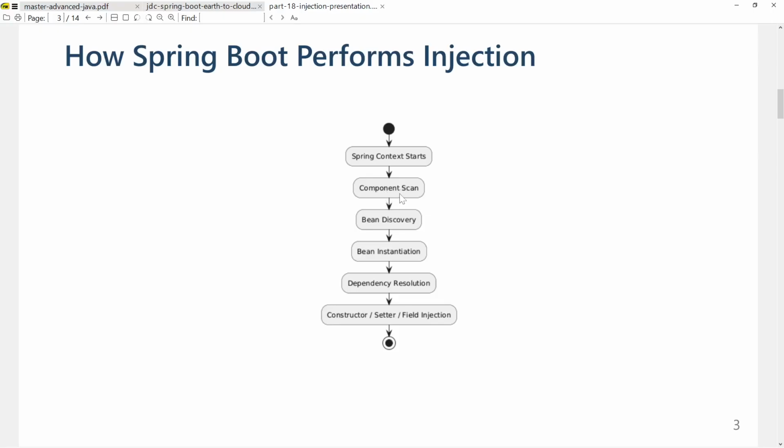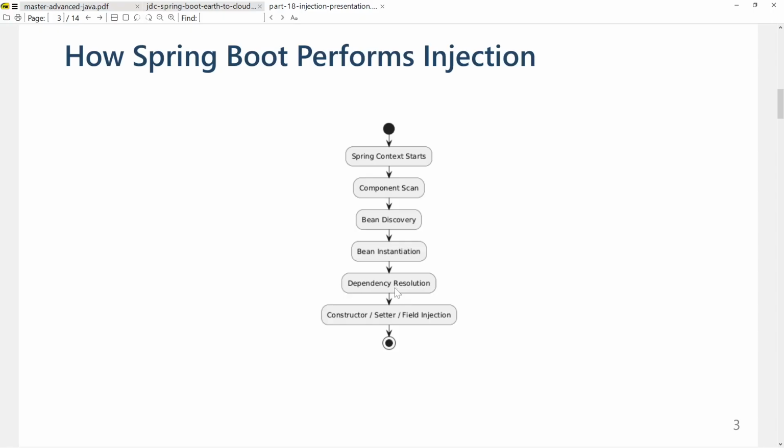After it finds all those classes, it will see which ones should be handled as beans, because there are other annotations that are not bean related, maybe configurations and things like that, but some of them are beans. So it tries to discover beans. After it discovers all these beans, like REST controllers, services, repositories and so on, it starts to create them. But some of them may or may not have dependencies on other beans. When some of them contain dependencies, it starts the dependency resolution, meaning I cannot create my REST controller